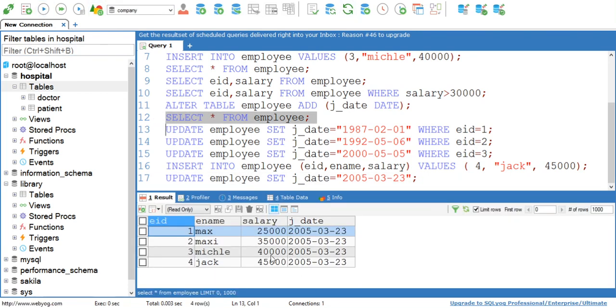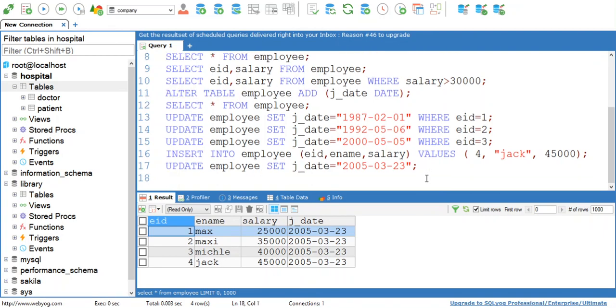So this is how you can insert a value for only a known attribute by using the insert command. Now what is the difference between insert and update? With the insert command you can add a new row, but by using the update command you can set a value for a missing attribute. Okay, so this is the difference between the two. So this is all about how to create a database, create a table, how to insert data, display some attributes, and how to set values for an existing attribute by using the update command.